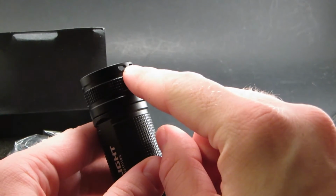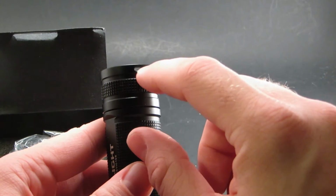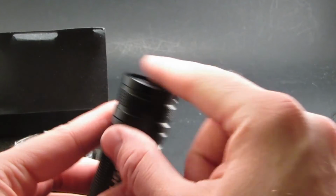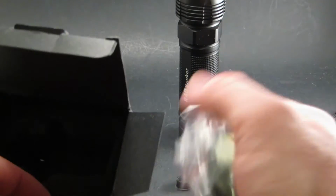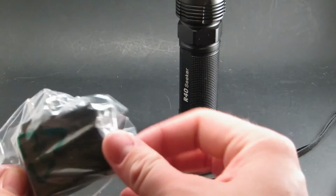Here on the end is where you would be able to attach a lanyard. I like this design with the 2 holes separate there so that you can attach a lanyard without ruining the ability to tail stand. It's a pretty nifty feature. I always like to see little thoughtful things like that. And then we have what looks like the plug